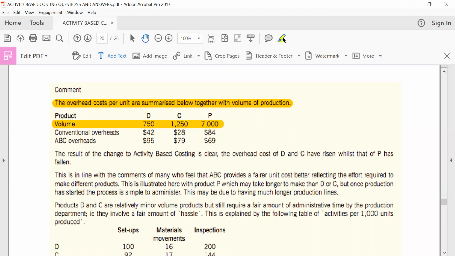With the use of absorption costing, what were the overhead costs we got? 42, 28, 84. But what about using activity-based costing? What were the overhead costs we got? 95, 79, 69. What is the examiner saying? The results of the change to activity-based costing is clear. The overhead cost of D and C have risen, whilst that of